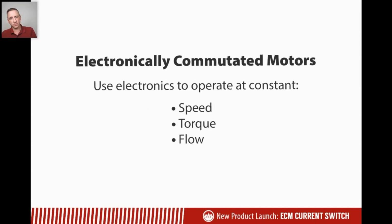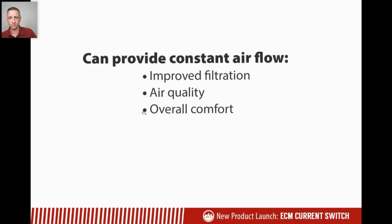ECMs kind of turn that upside down, and they're using electronics to control the output of that motor so that you operate it at a constant speed or torque or flow, regardless of the conditions and regardless of the input power or the load to that motor. In HVAC applications, this can be very beneficial because it can provide a constant airflow through the building or through